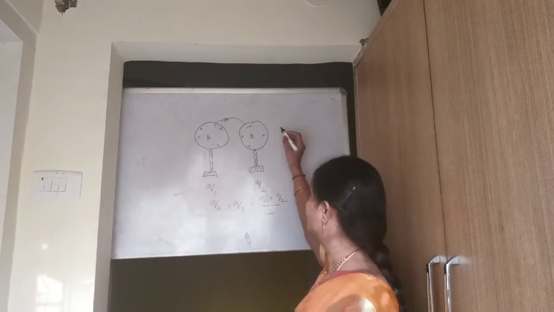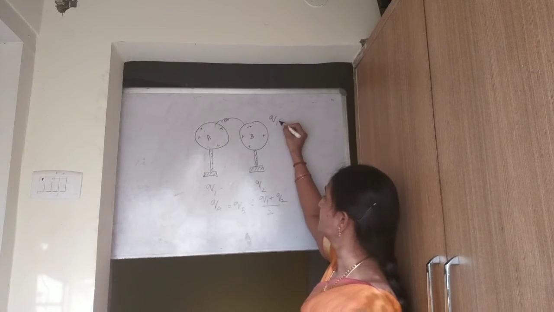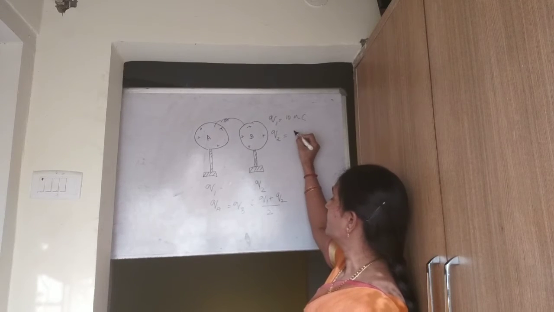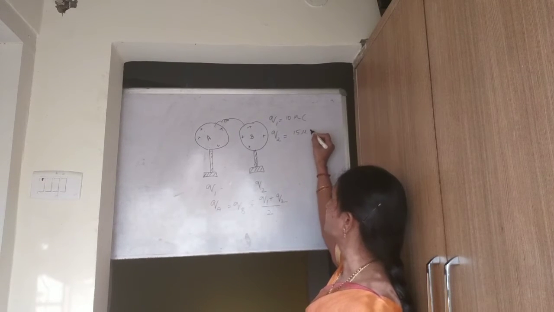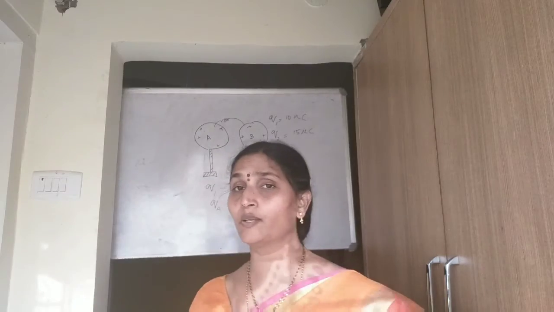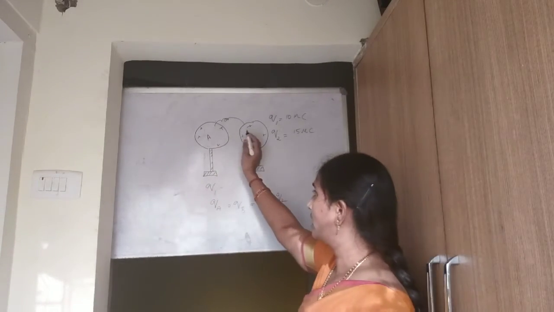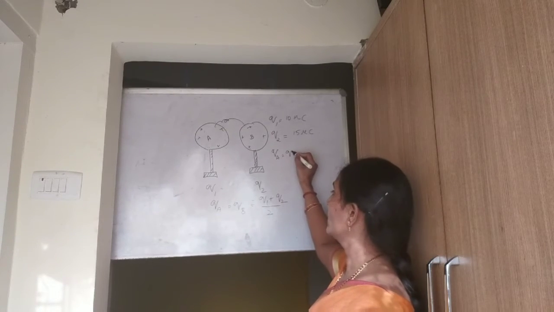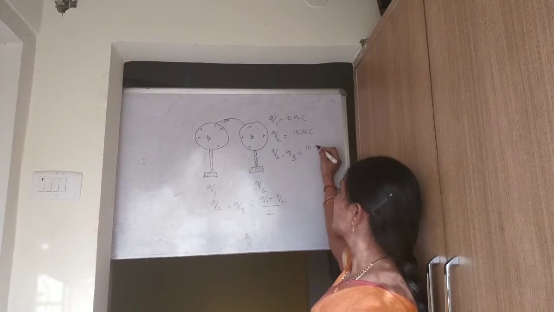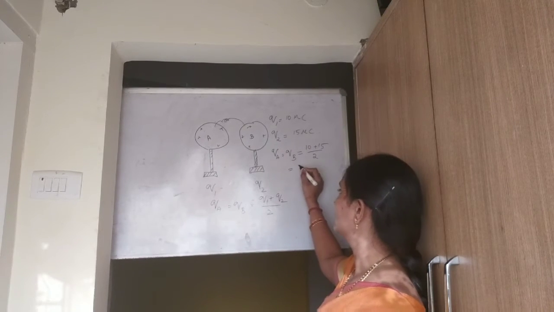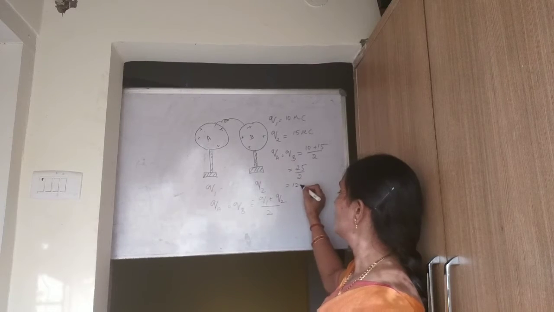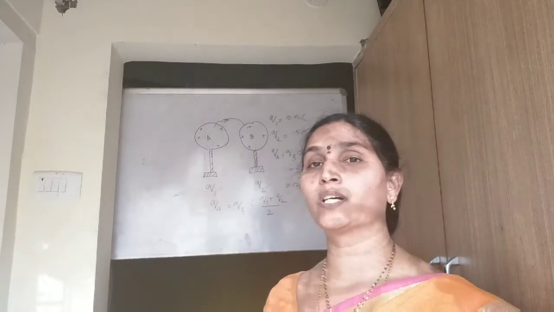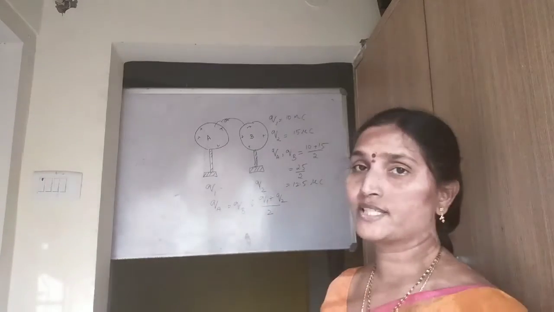Let us understand this with a simple example. Say the charge on A before connecting, Q1, is 10 microcoulomb and charge on B is 15 microcoulomb. It may be 0, may not be 0, depends on the question. Once you connect them and the sizes are equal, what will be the charge on each object? QA and QB will be equal, that is (10 plus 15) divided by 2, 25 by 2, around 12.5 microcoulomb. And if they say the second body is uncharged, take the value of Q2 as equal to 0. Even if Q2 is negative, the same rule applies.